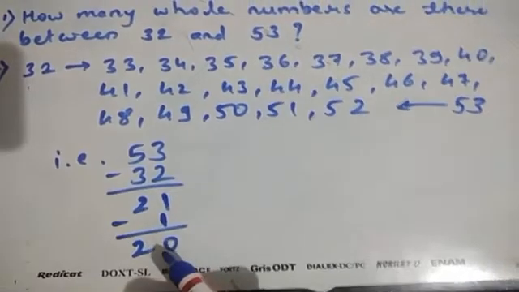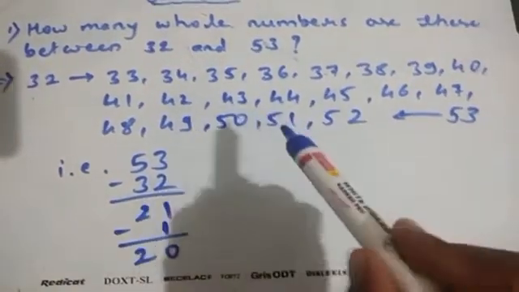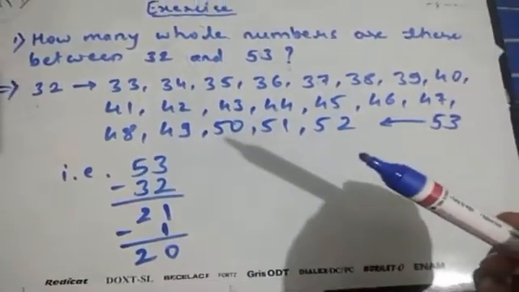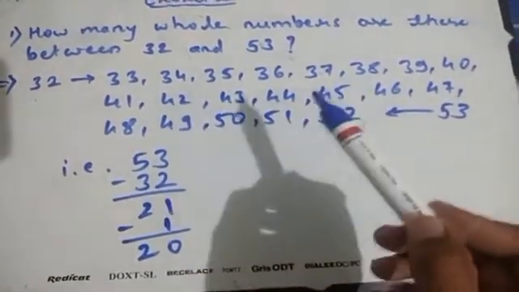You will get the answer, that is 20, and we know that in total we have 20 numbers. You can check with the help of many numbers. In the same way you will get the same answer in this way, and by listing also.